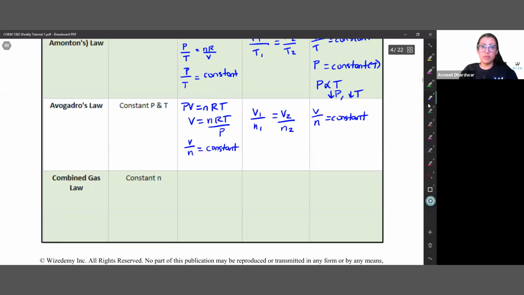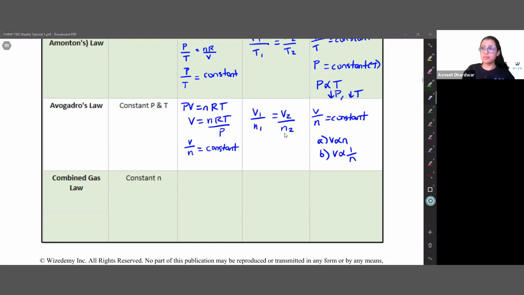So I'm going to have you guys vote on this one. Let's see. Vote A if you think V is directly proportional to N, and vote B if you think V is directly proportional to 1 over N. Okay,